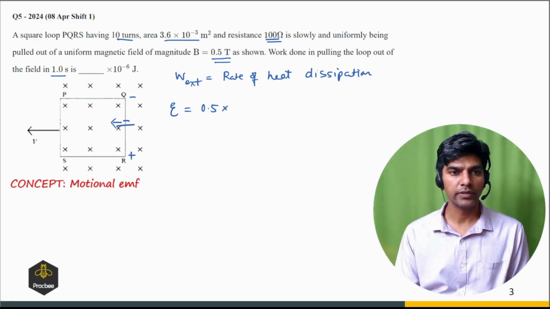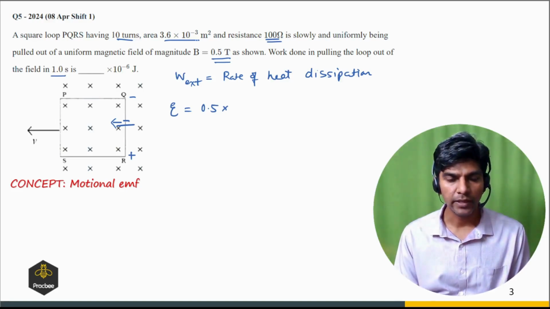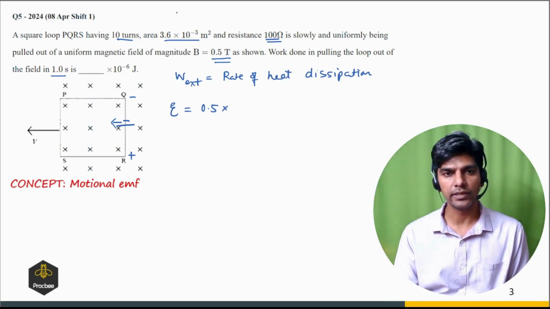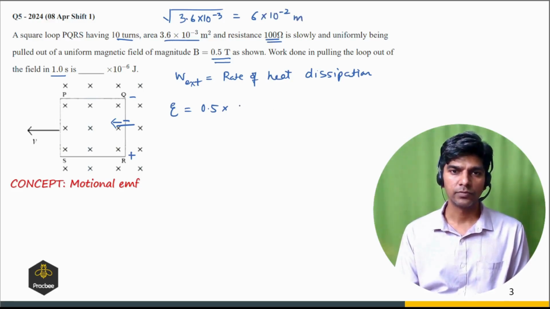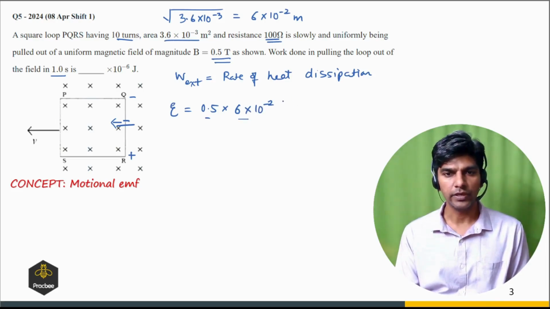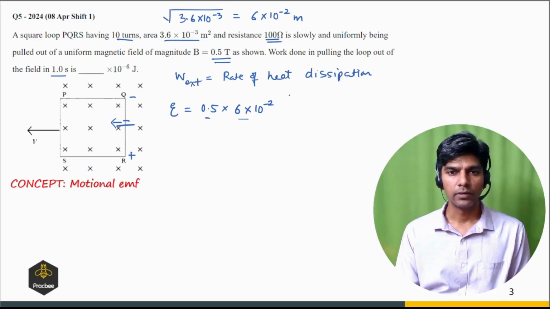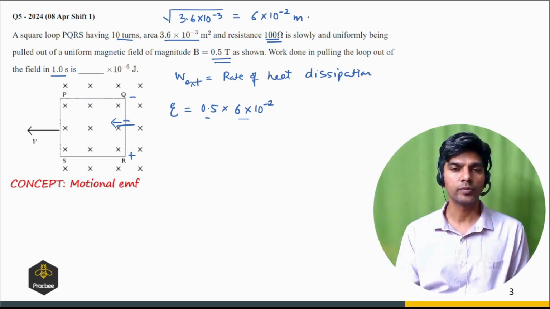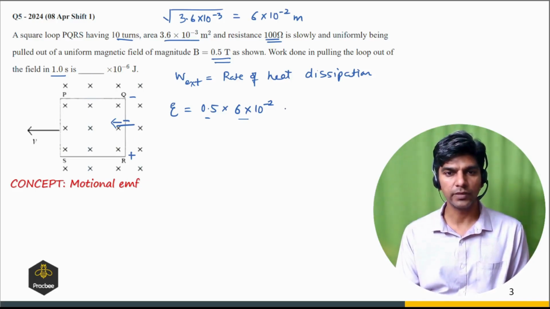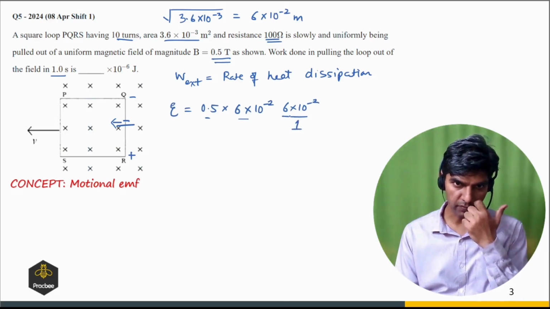Length is given as, area is given, right? So if area is given, we can also find the length. It will be root of 3.6 into 10 raised to minus 3, which is 6 into 10 raised to minus 2 meter. So BLV, and the velocity, since it is moving uniformly and covers a distance of 6 into 10 raised to minus 2 meter in 1 second, the speed will be 6 into 10 raised to minus 2 divided by 1. So that is the EMF induced,